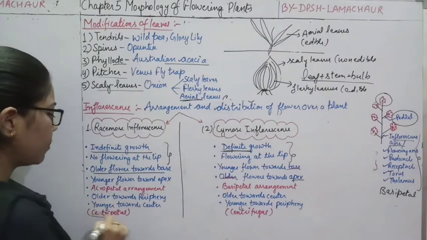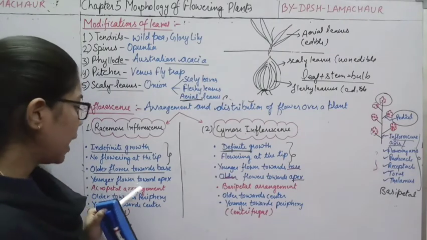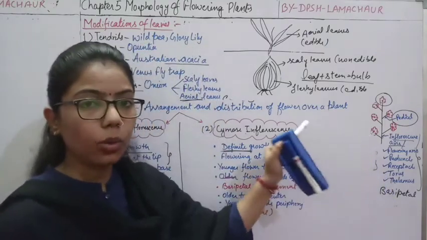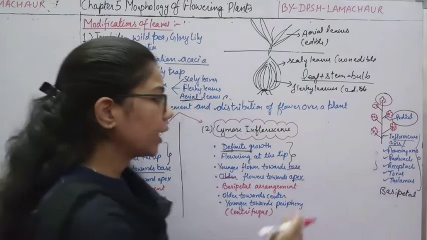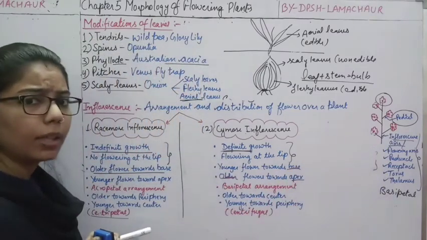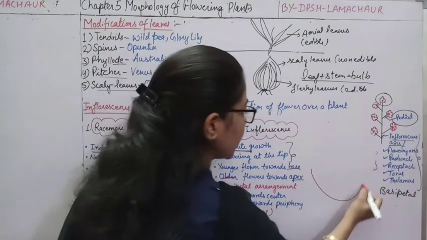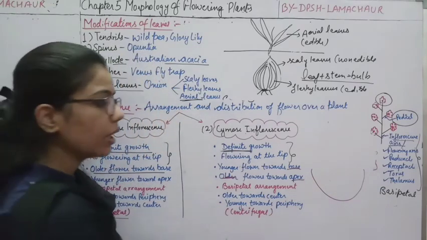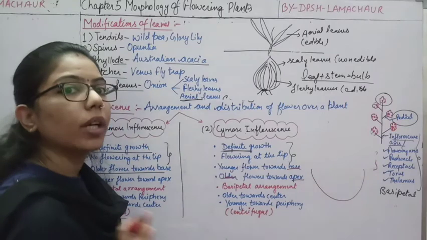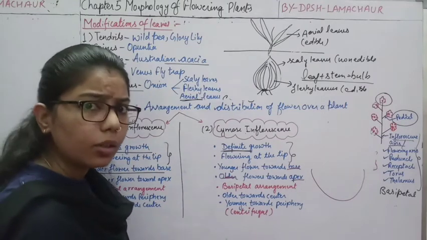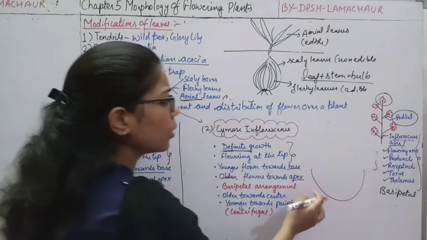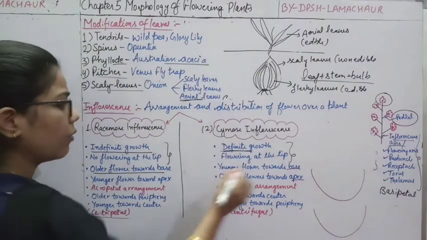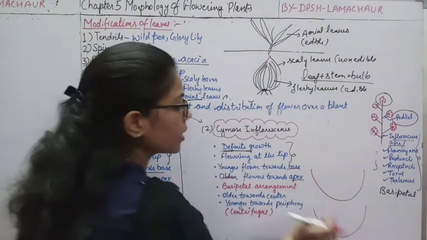Now another thing, that is the centripetal and centrifugal. Here in acropetal or basipetal, we are talking about what type of flower? We are talking about the pedicel. Those flowers which are having the pedicel, we can form like this. But those which are not having any proper pedicel, what type of structure will be there in case of sunflower? In case of sunflower, this thallus-like structure is present, and in this thallus-like structure different florets are there. Two types of florets are present in case of sunflower. So if I draw this structure, one is racemose type, and another one is cymose type.